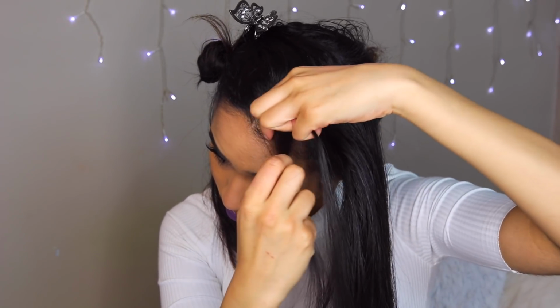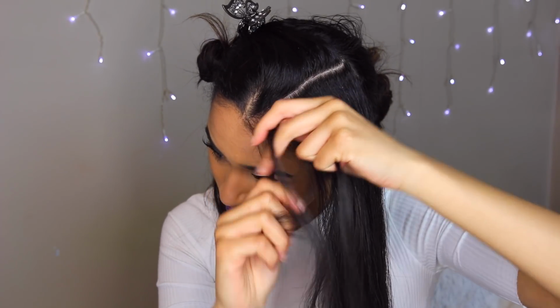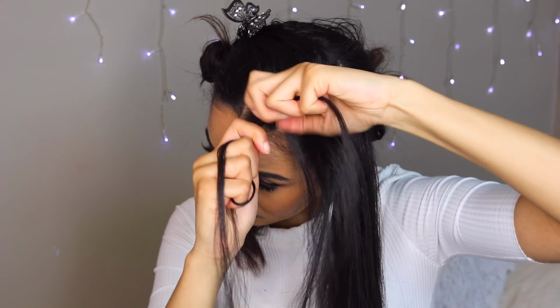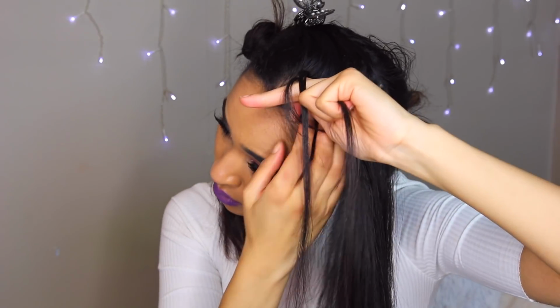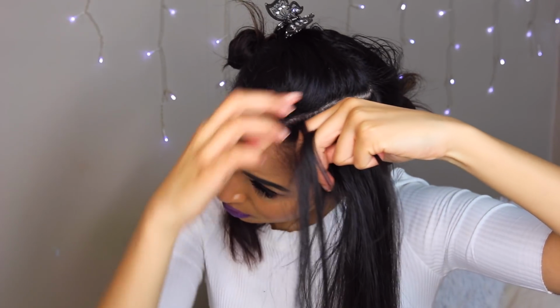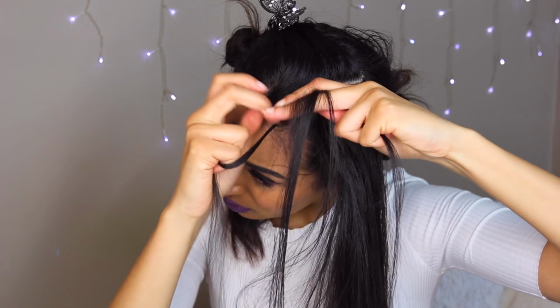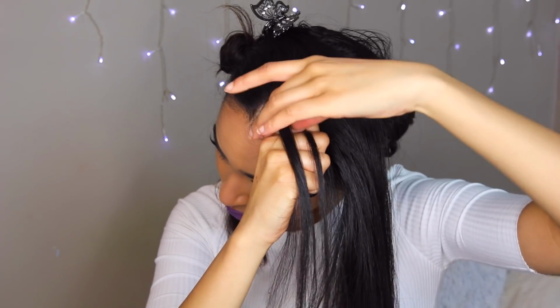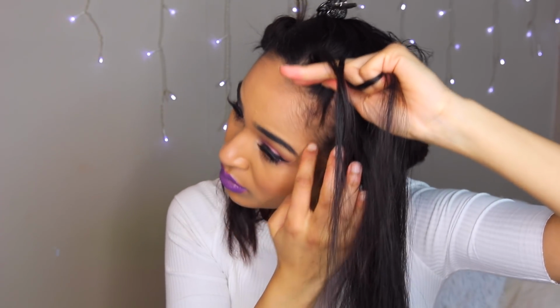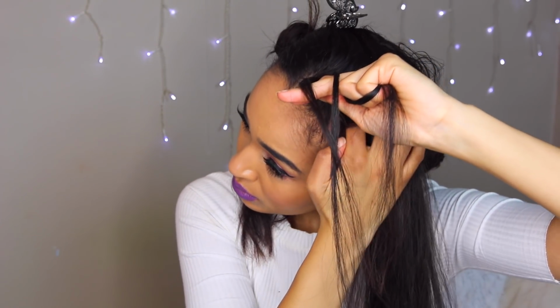So all of this is a cornrow, or an inverted French braid or a Dutch braid, whatever you want to call it, except it's a little modified version. So I'm only going to take hair into one side of this braid. So I'm going to take hair, and then as we come around I'm going to skip that time, and then as we come back to this side I'm going to bring hair in again,